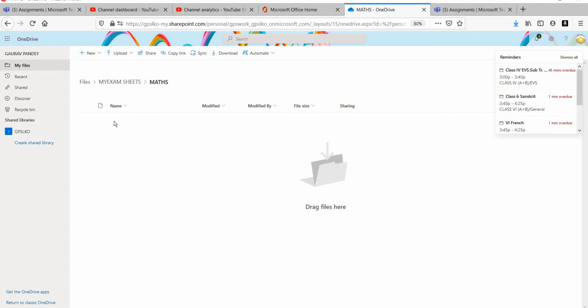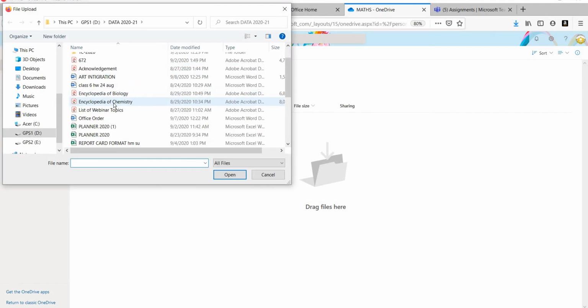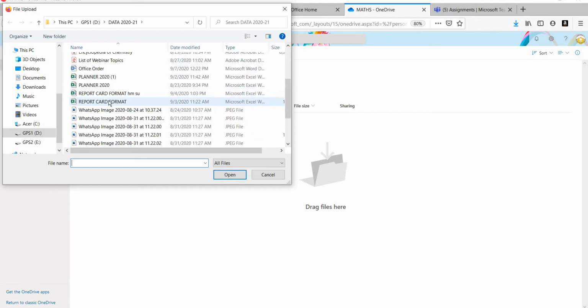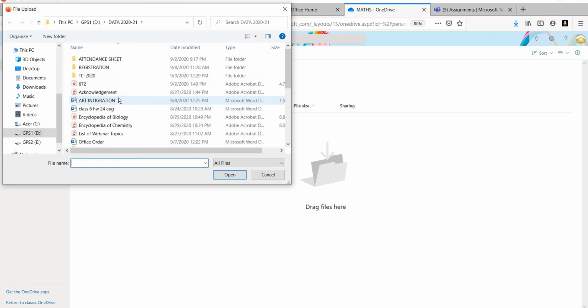Take the images, all images, and make a PDF of that particular thing. Then go to the upload option and then to Files. Whichever PDF you want to upload, you can select, or images also, multiple images you can select, but prefer PDF because it comes in order, so it will be much easier.